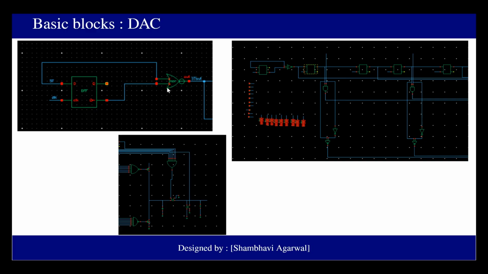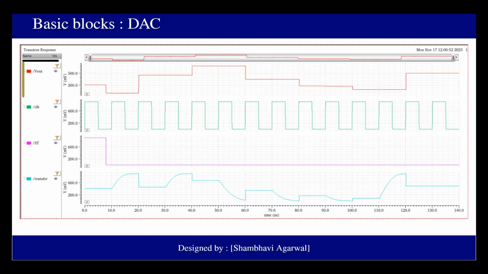So the DAC has a start signal, which is the larger pulse, and then after it goes through the NOR gate, it becomes a smaller pulse, which basically starts the series of D flip flops. The way this works is that this is a 6-bit DAC, and we have 6 series of D flip flops.